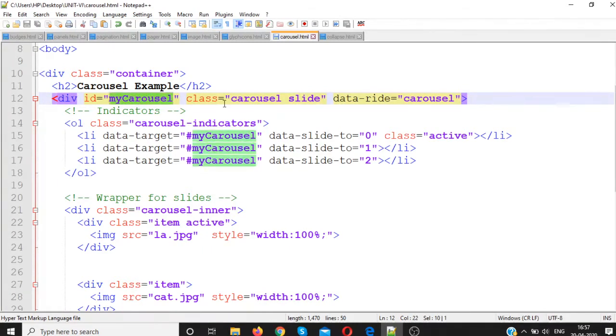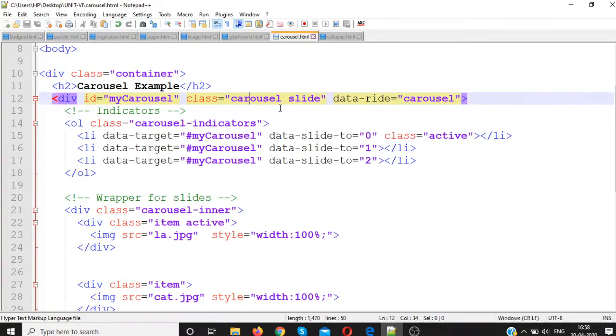Next we have added a class which specifies that this div contains the carousel, data-ride equal to carousel. The slide class adds a CSS transition and animation effect which makes the items slide when showing a new item.